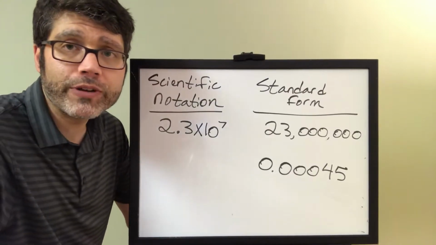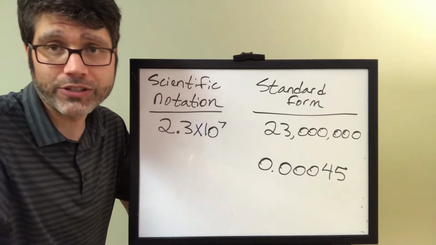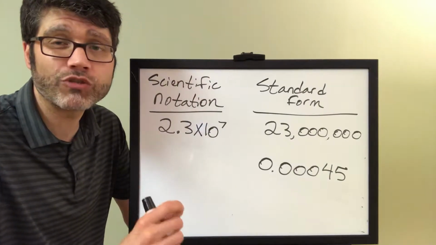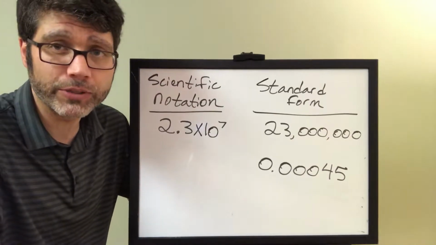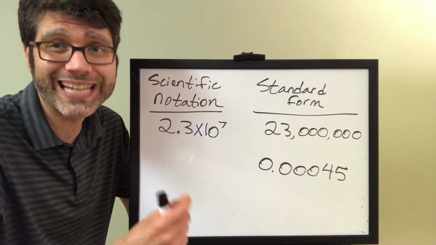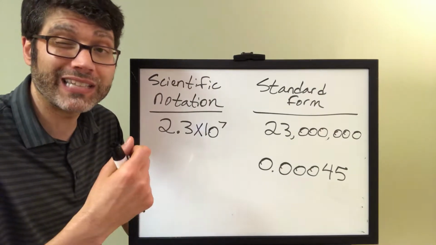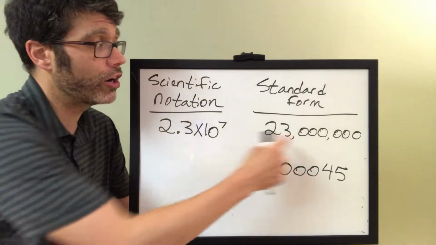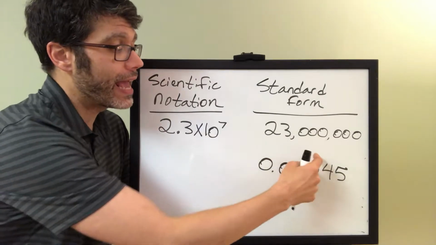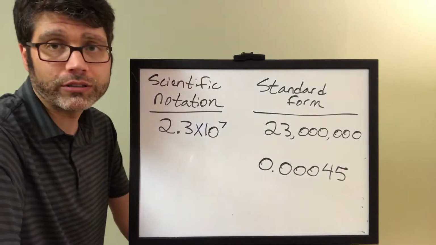All right, so up to this point, we've been using scientific notation to write extremely large positive numbers, but there's also a way to use scientific notation to write extremely small positive numbers, meaning very small positive fractions or very small positive decimals. So in order to do that, we're going to use a lot of the same techniques that we use to write our large exponential notation, and we're going to apply it to very small decimals or very